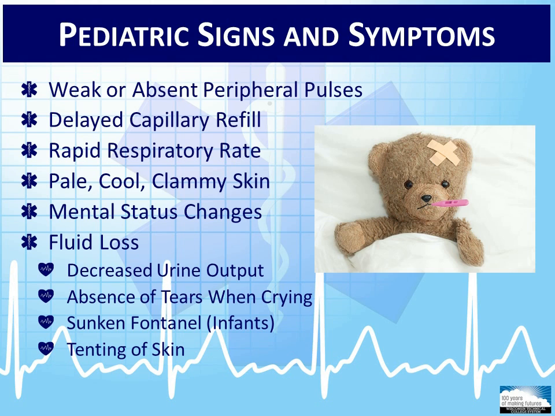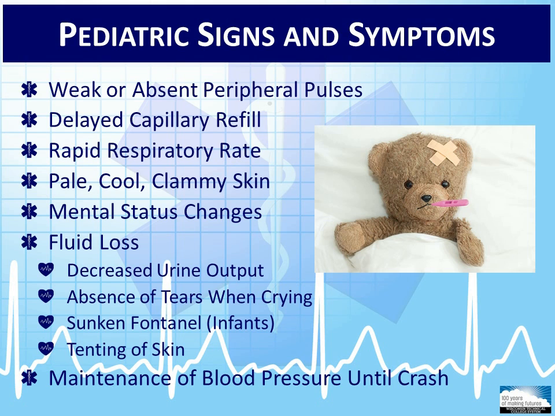A tremendous difference in the pathophysiology between children and adults is the ability of children to compensate for hypoperfusion by maintaining an adequate blood pressure right up to the time of a dramatic and often fatal crash in that blood pressure. Some resources state that an infant can maintain a normal blood pressure even with a loss of up to 1/2 of his or her normal circulating blood volume. Thus, by the time an EMT notices a decrease in the child's blood pressure, it may be too late to